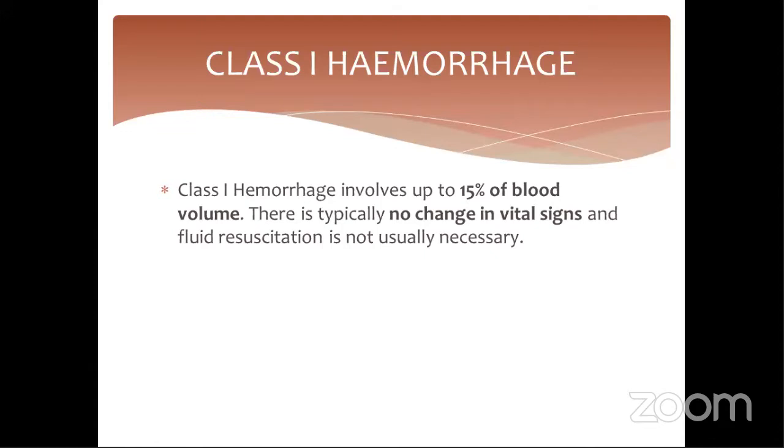So in what percentage blood loss is involved in these stages, and accordingly clinically you can manage things. So this classification, class 1, 2, 3, 4, this gradation is very important. Class 1 hemorrhage involves up to 15% of blood volume. Out of the total blood volume, if 15% is lost, then there is no change in vital signs, and fluid